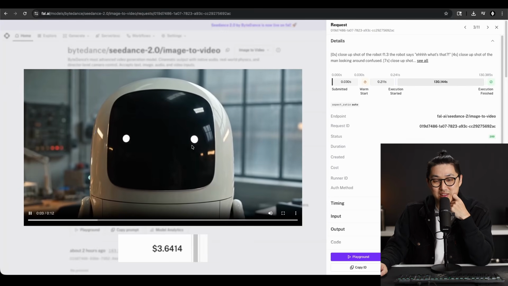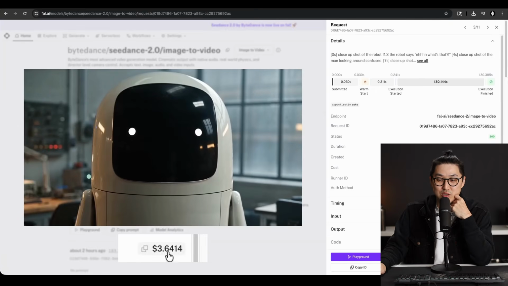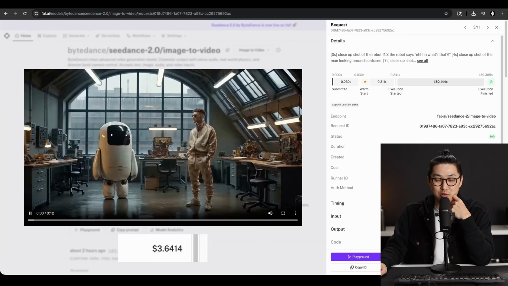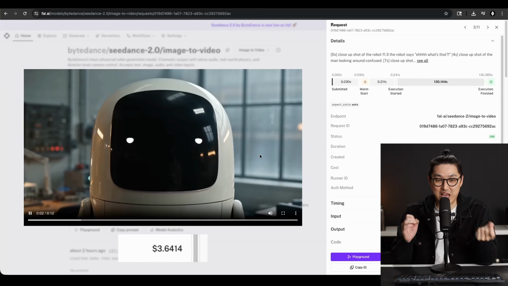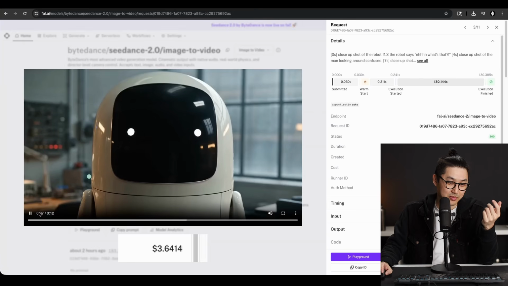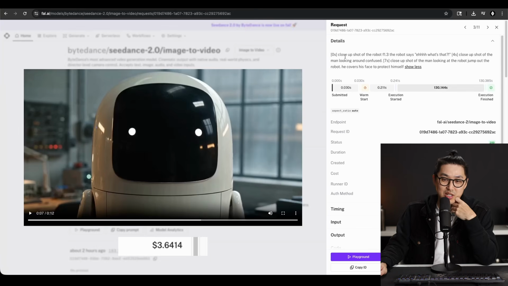Oh yeah, I loved how this one came out. I love the animation on the face. Super funny. This one's 12 seconds, which was $3.60. And it turned into like a horror movie at the end. But I was basically looking for reaction shots of the robot and the man. So this is the shot I ended up using. And if we look at the prompt, this multi-shot did work out. So the first one, I'm trying to get multiple shots from one generation here. I say close-up shot on the robot who says, what's that? And then at 4 seconds, we're asking for a close-up shot of the man looking confused. That's the shot we used.